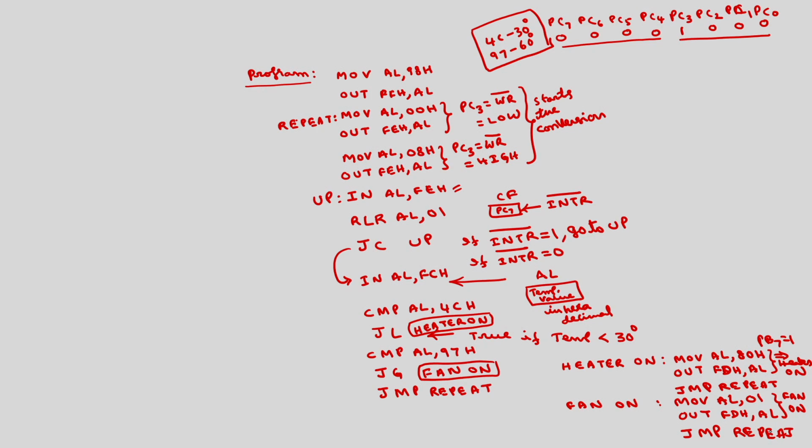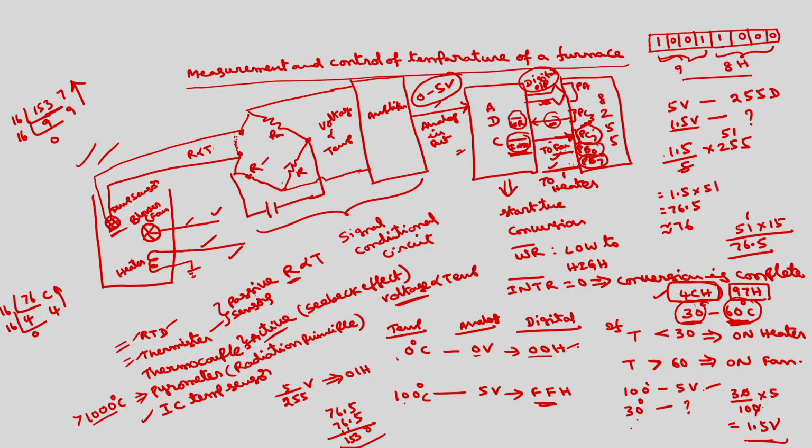This is the program which controls the temperature and maintains the temperature between 30 degrees and 60 degrees. Okay. For the connections given here. So, these are the connections. So, you have connected this digital equivalent of temperature to port A, start of conversion to PC3, end of conversion to PC7, and heater to PB7 and fan to PB0. If you want to display the temperature value, so whatever this digital value that you have read, we can apply through BCD to 7 segment decoder or directly to the 7 segment decoder, and you can display the values.